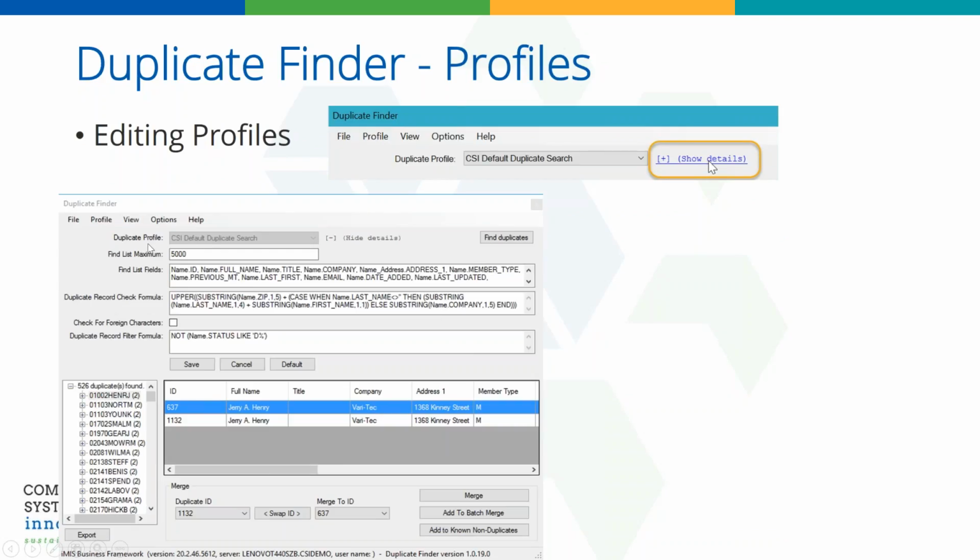if you will. You've got a name. You've got the maximum number of duplicates you want it returning. You've got the fields that it's actually going to show on the screen. You have your formula that looks really fun. You can add foreign character check in there as well. And then you can actually take out or exclude certain records. So in this case, I'm excluding any record marked for deletion. I don't even want to look at it because I'm going to be deleting